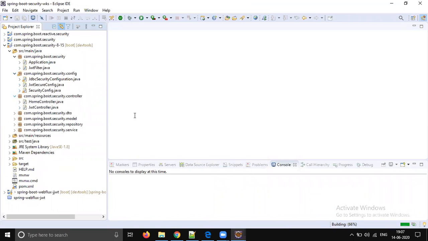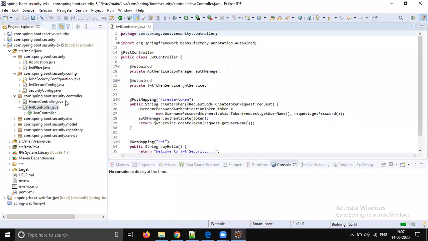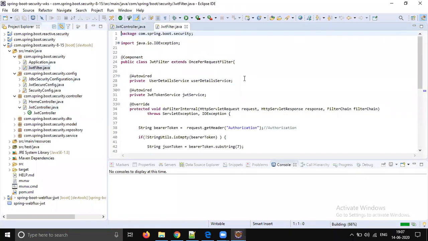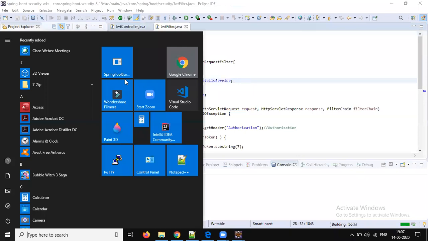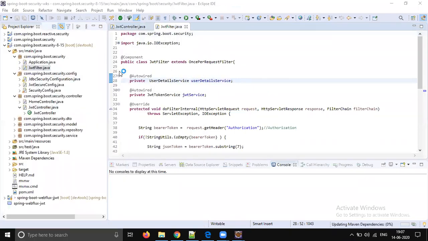So there are two sections involved in that, right? The first part is creating the token and the second part is validating the token. We completed almost everything, but we are getting an exception. So what is that exception? That day we were sending the wrong URL. That is the exception.